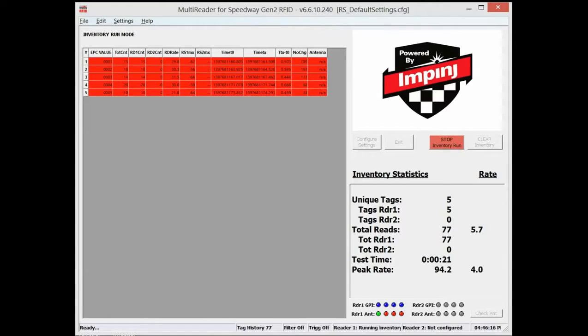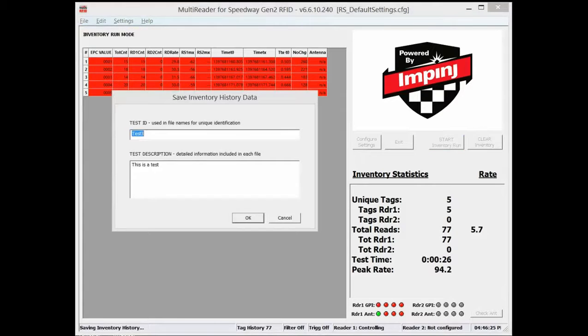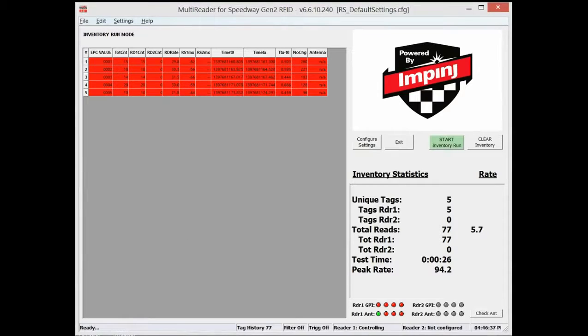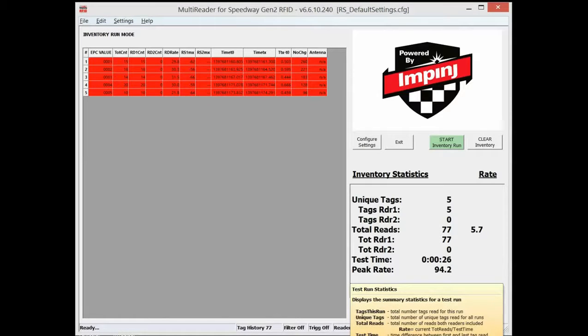Once we have run over all of the tags and collected all of the data we need, we will hit Stop Inventory Run, and we will save this file as a text file so that we can input it into the database. Now the file is saved in the correct directory, and we can use a command prompt to send it to